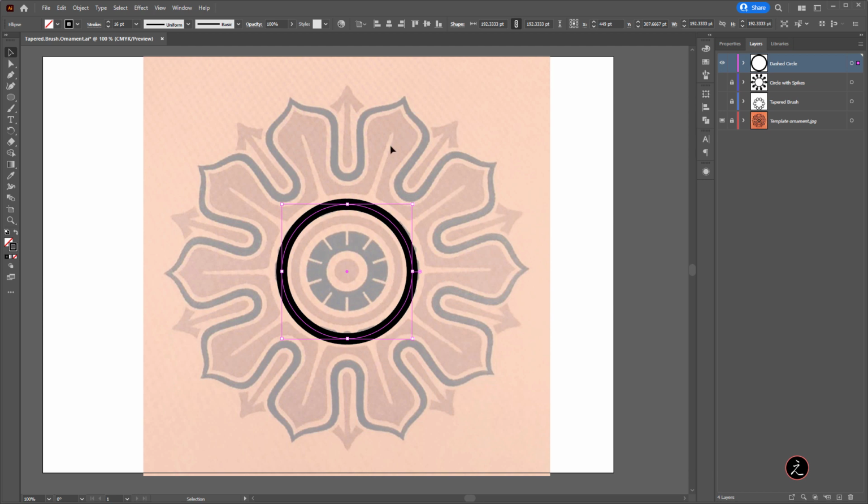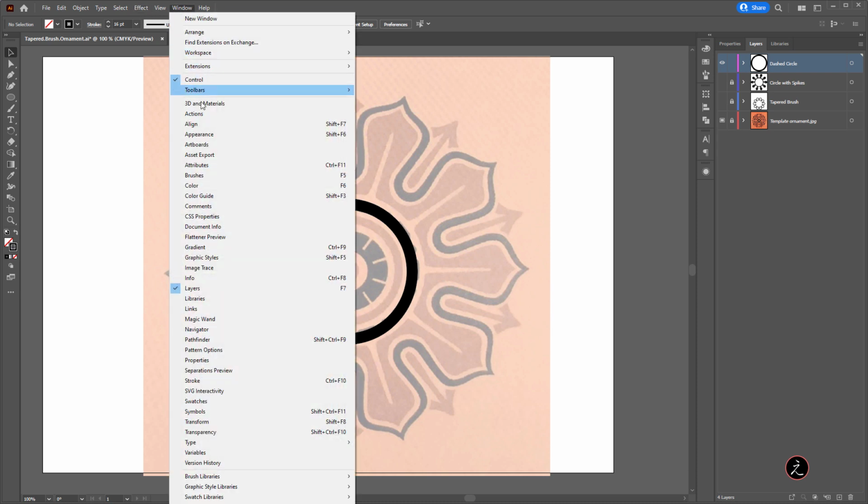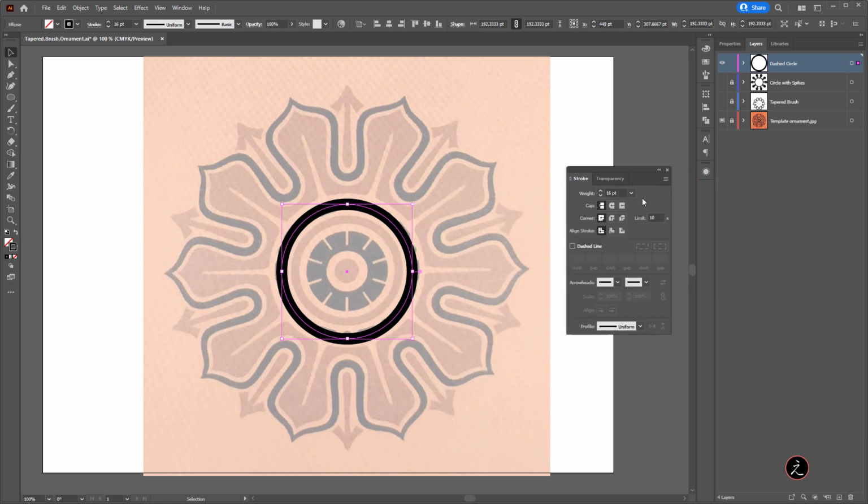All right. Also, let me go ahead and just hold Alt Shift or Option Shift to size this down. And then since I know that this is going to be a dashed circle, I'm going to go to the window menu and bring up the stroke panel. First of all, let's select the stroke. Here's the weight of the stroke. I'll click on the icon to show more options. Now we need to check what it says, dashed line. Now you're not going to see anything happening because we need to put some numbers here.